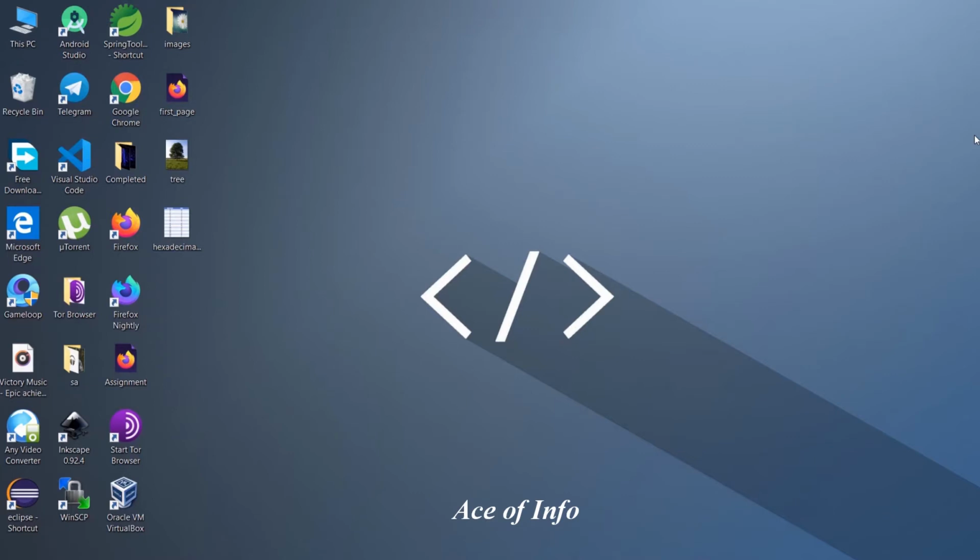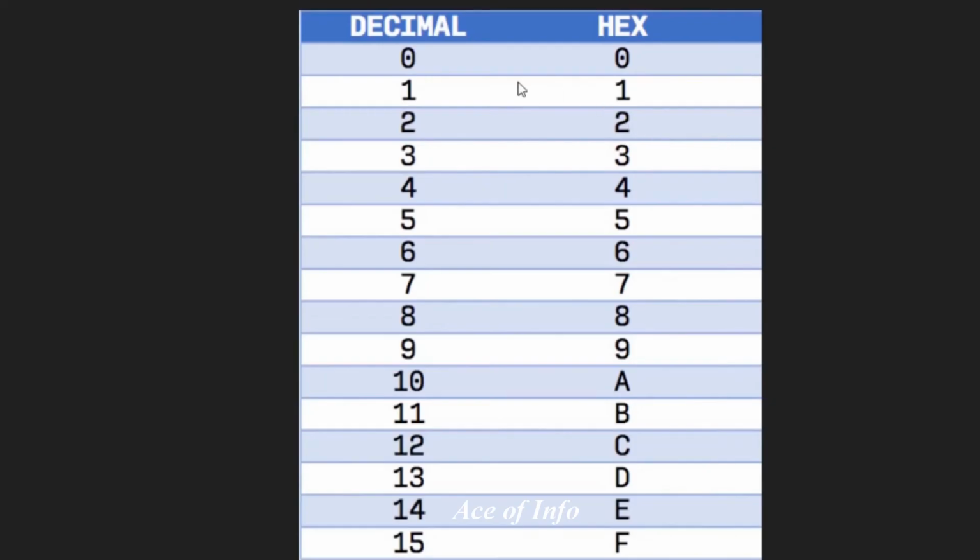Okay, now I'm going to give a quick view about HTML colors. Now HTML color coding is a little bit different. I'm going to talk about that now. If you can see this picture, under this decimal we have our usual numbers 0, 1, 2, 3, 4, like that. This is what we call the decimal number system. And then to understand HTML colors, we need to understand the hexadecimal number system.